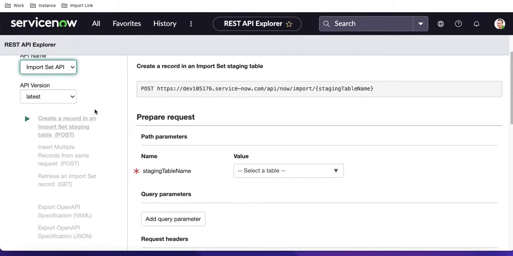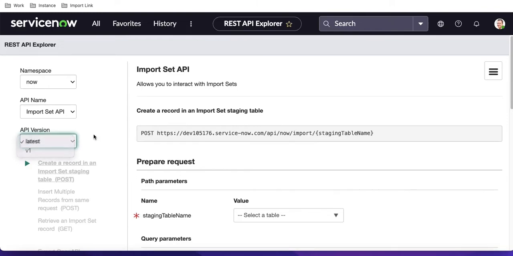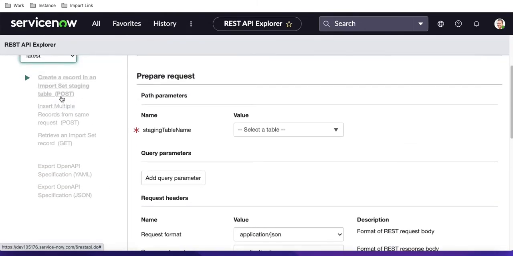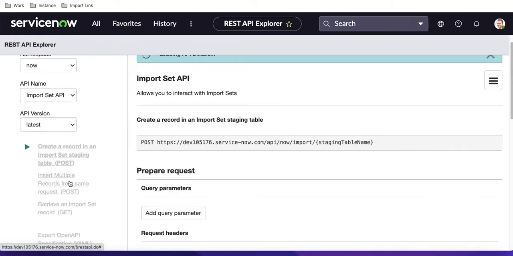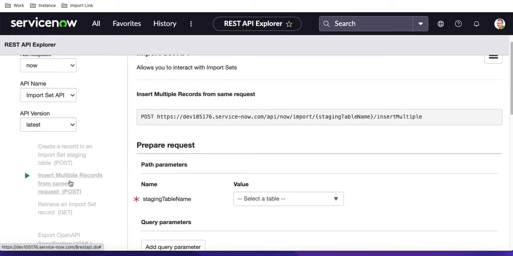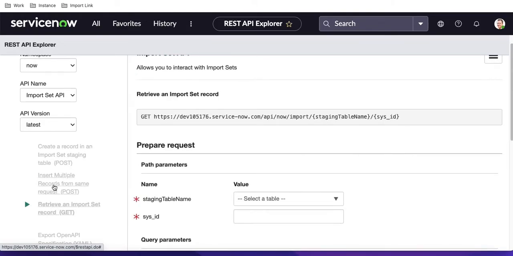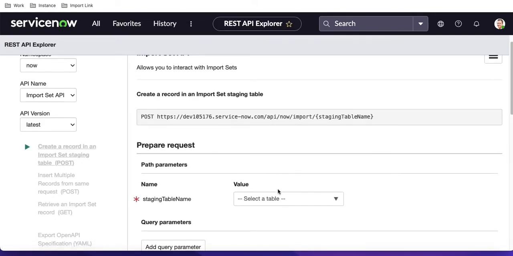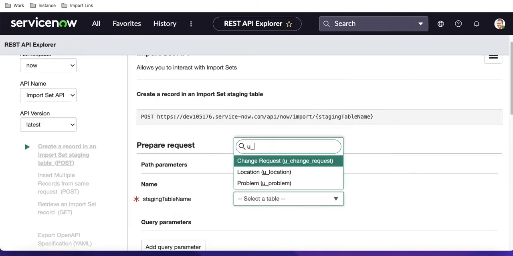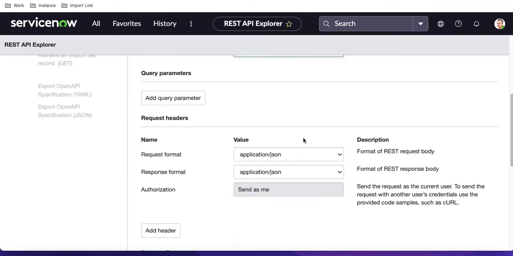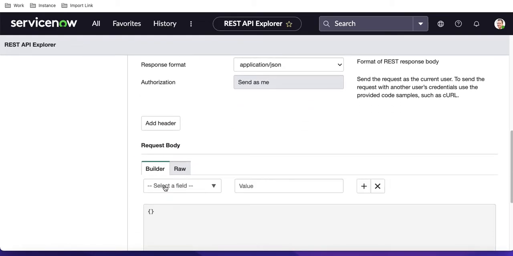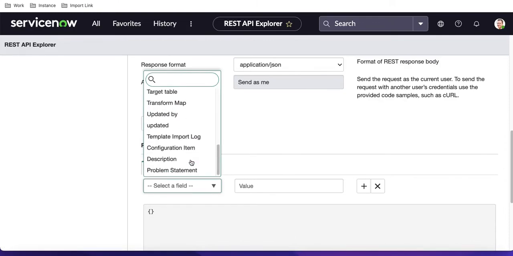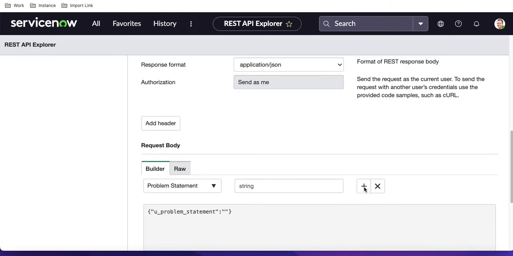Once you select the import set API and select the latest version, these are the methods which are already available. These are the methods I was talking about, which I documented in my web service. You just need to select the table here, let's say in our case u_problem. Once you select the problem, at the bottom you can see an add builder where you can select the fields, in our case the problem statement and then the configuration item,